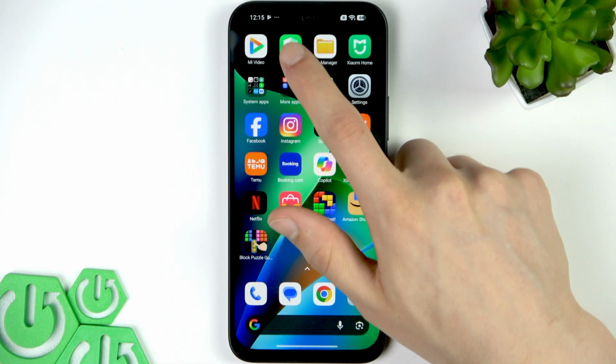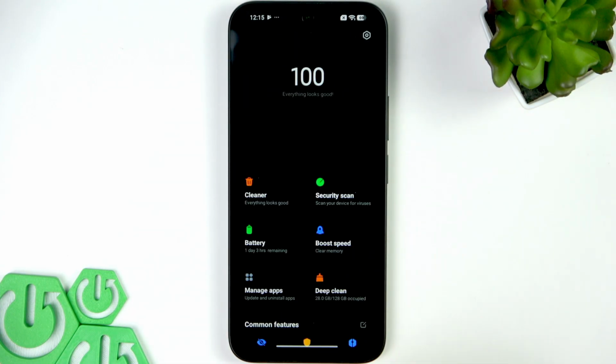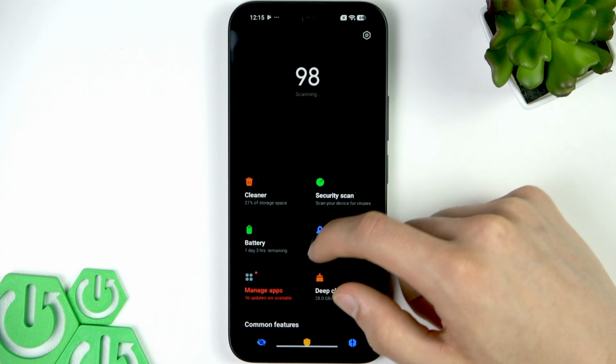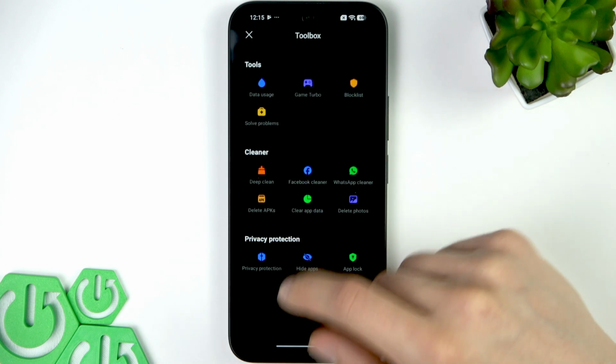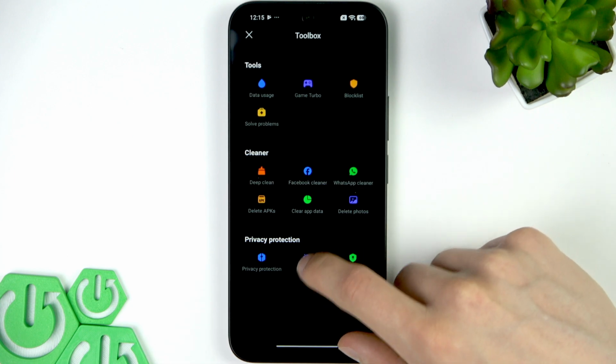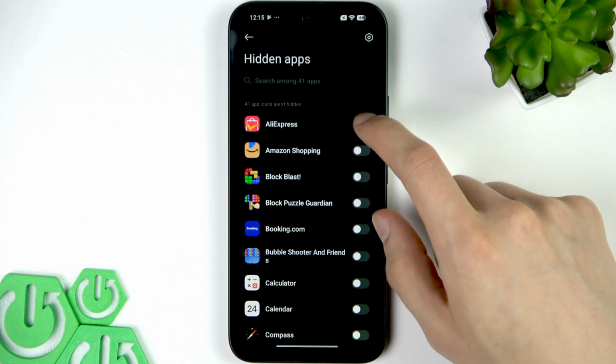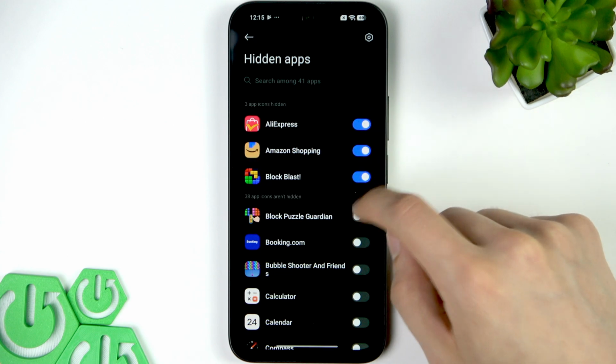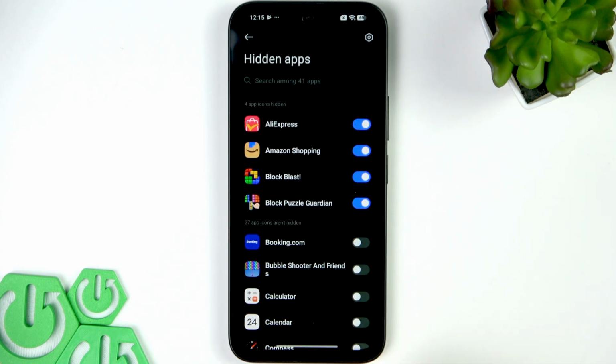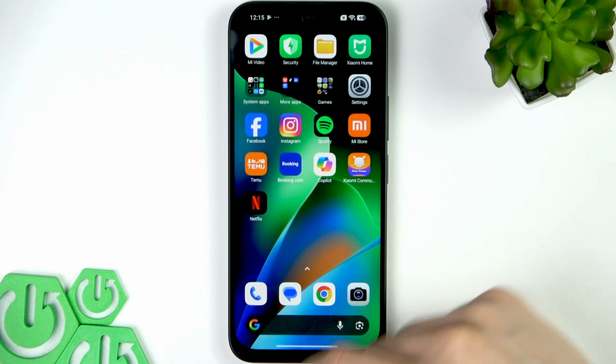To hide apps on your smartphone, you have to open the security application on your home screen. Scroll down to the very bottom of this page and select Hide Apps. Then switch the toggle next to the applications that you want to hide, and if you want to access them